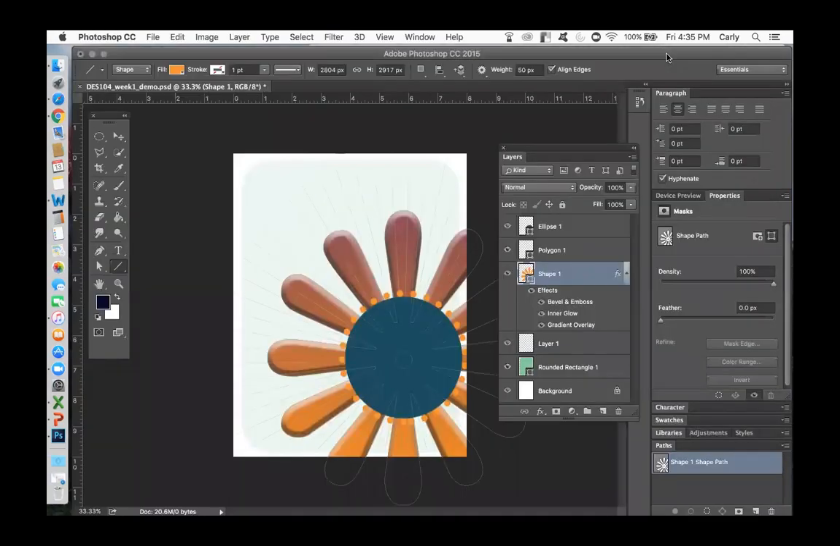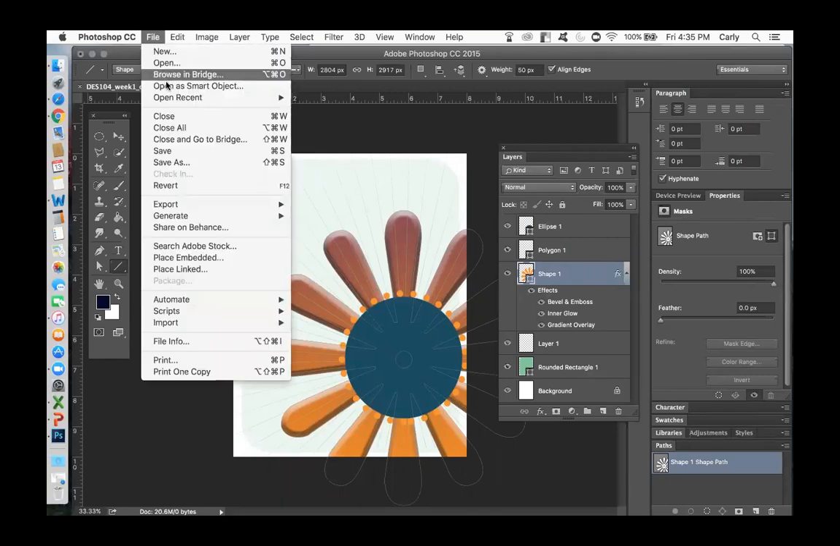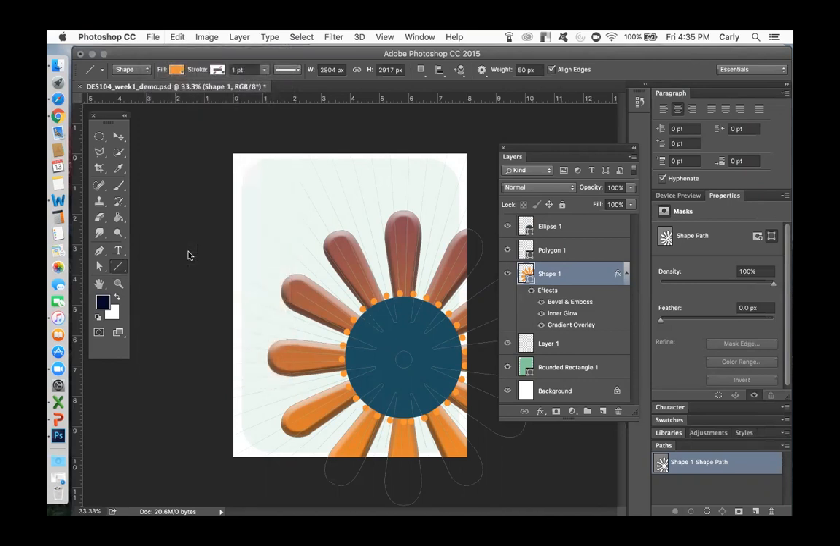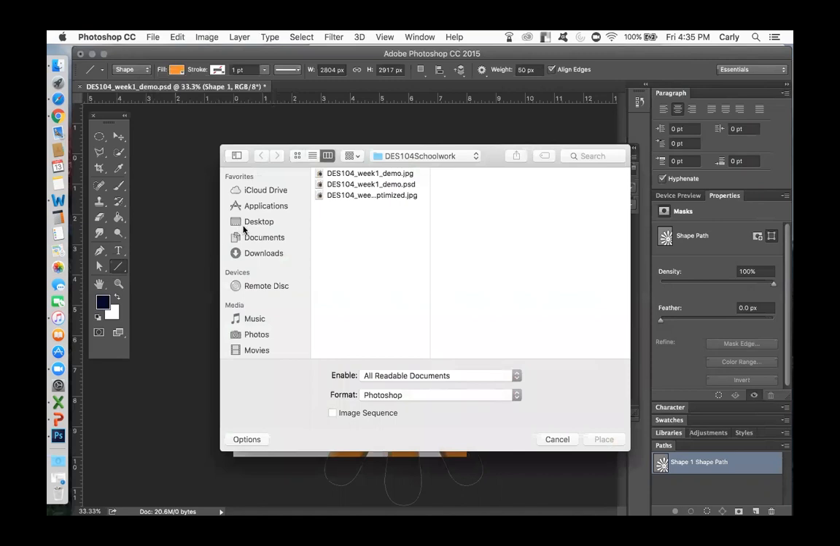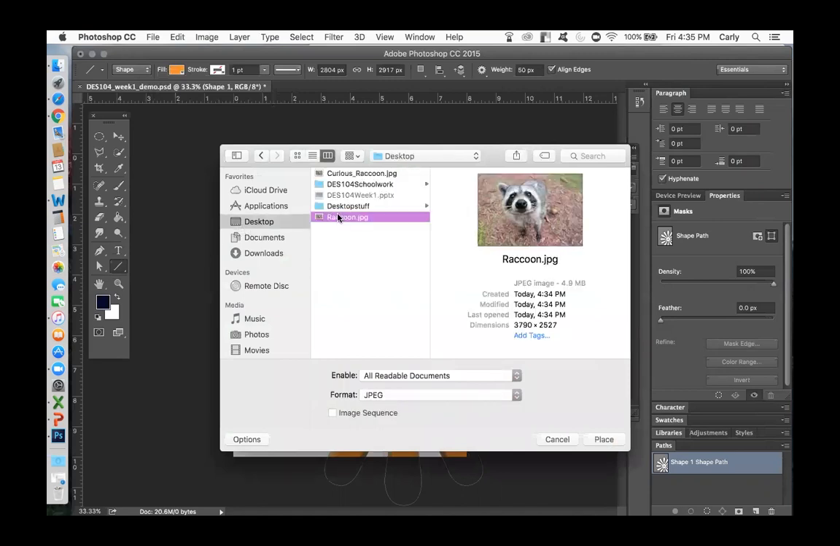So then how do we bring a photo that we found into our Photoshop project? Using something called Place Embed. Place Embed. So I'm going to go to File, Place Embedded, and I'm going to browse on my desktop for that picture, and I'm going to hit Place,